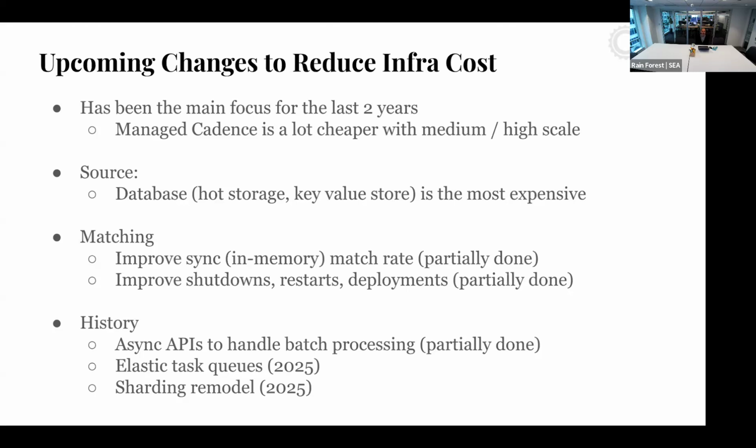Async APIs to handle batch processing for history. This is partially done for start and signal; cron, timers, and child workflows are going to come next year. Different task queues and prioritization are also coming next year. And the sharding remodel: as I mentioned, your workflow ID is a user-given entry. We hope to change our sharding, hopefully based on run ID. That's a Cadence-assigned ID that will scale a lot better. I put 2025 here, but that might be a little bit too optimistic,